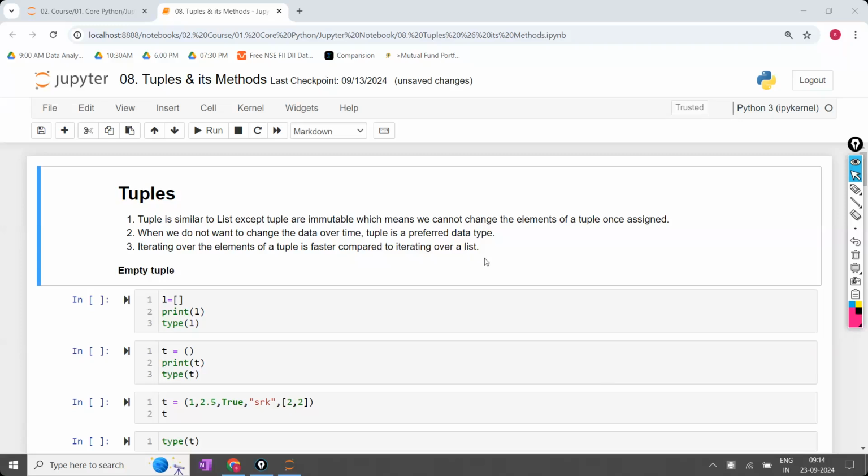In the last class, we discussed the list, the advantages of lists, along with the list methods. In today's class, we are going to cover the next topic, tuples. Tuples are also an advanced data type. Now, if you remember,